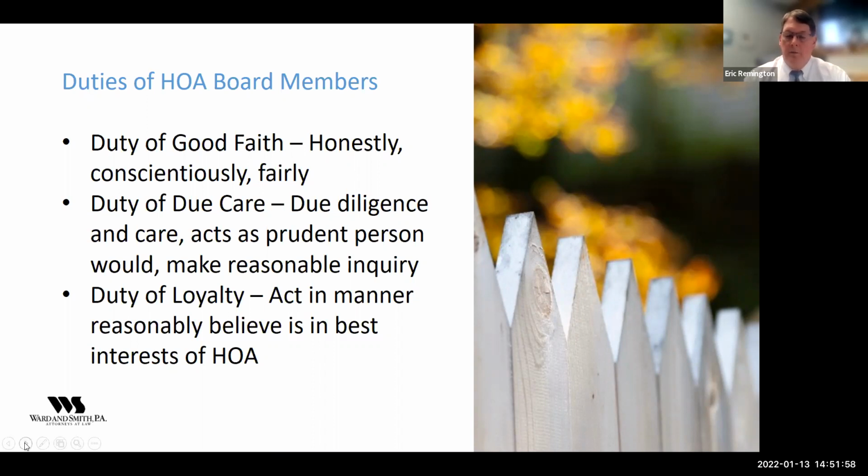Because if the board is not doing its due diligence, and the architectural control committee is not doing its due diligence on plans that are submitted, then it could raise an issue as to whether the board, the association, could be responsible for problems that arise between two lot owners or a lot owner in the HOA. And then the last one is the duty of loyalty, to act in a manner that the directors believe is in the best interest of the HOA.